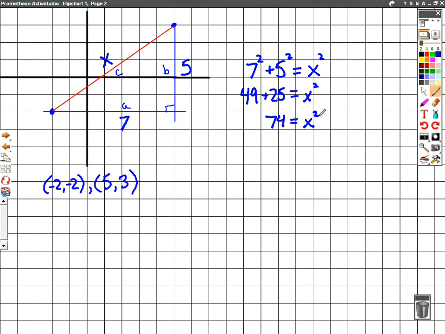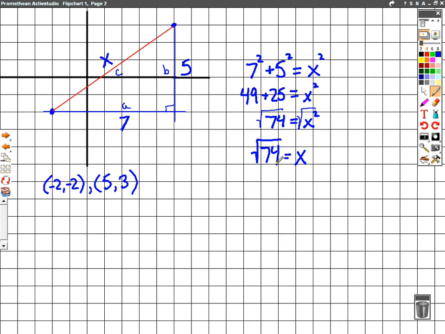x squared. Now again, most of the time, guys, when you go about setting up the radicals and whatnot, we have to use simplified radical form. Why? Well, in order to get the x by itself, I've got to take the square root of both sides. In this particular case, however, the square root of 74 will not break down. So the actual value of x that you would write in simplified radical form would be the square root of